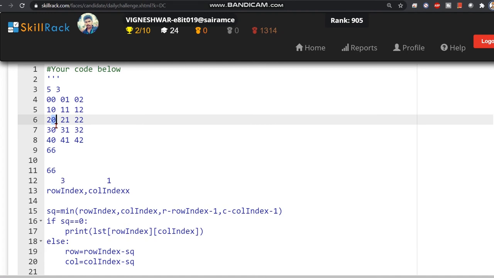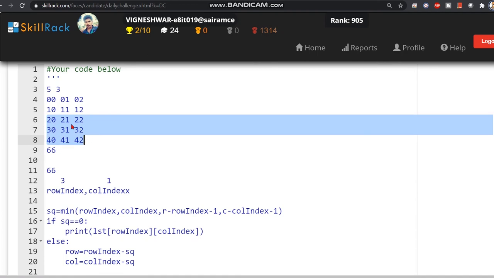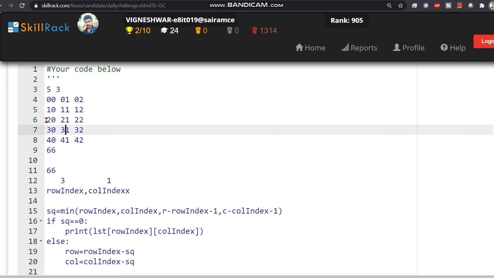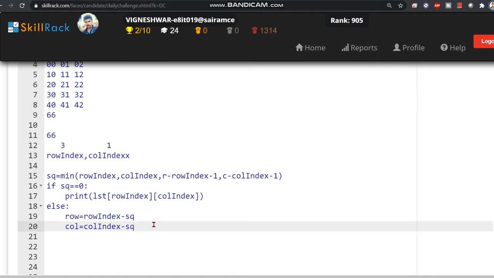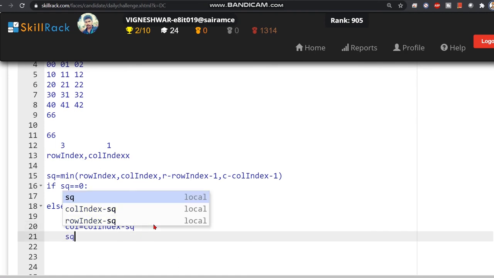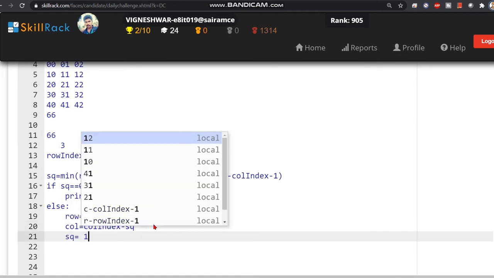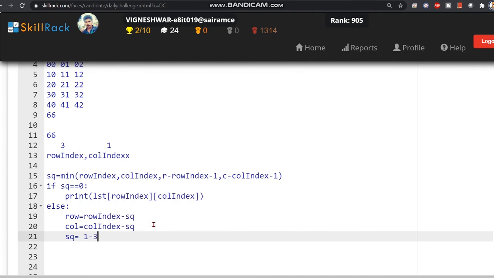From here, one more thing you have to see is that we need to know the order of the matrix, that is, it is a 3 by 3 matrix. We need to know in what order we are going to print. If SQ equals 1, then it's a 3 by 3 matrix. If SQ equals 2, then it's a 5 by 5 matrix.